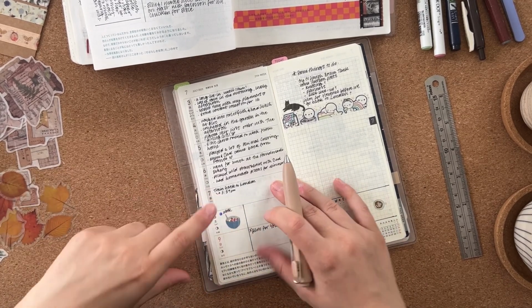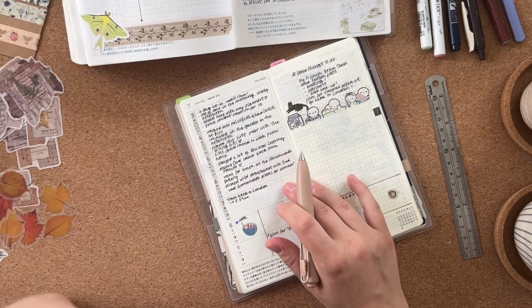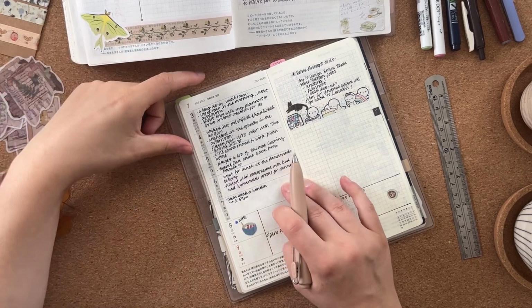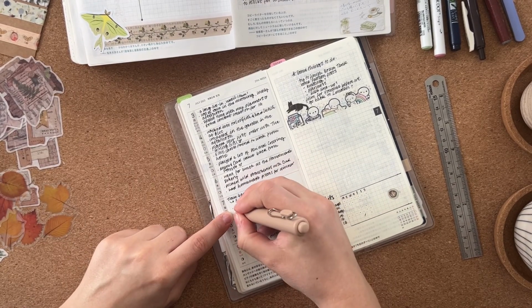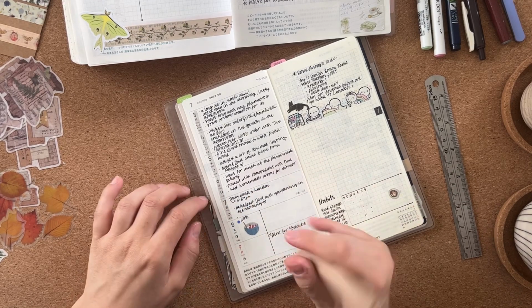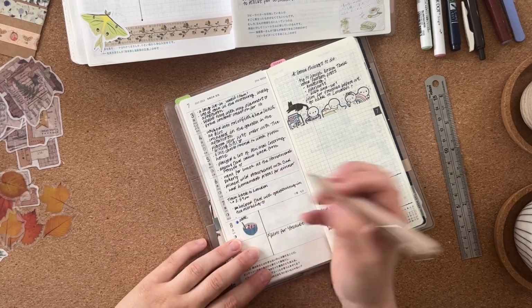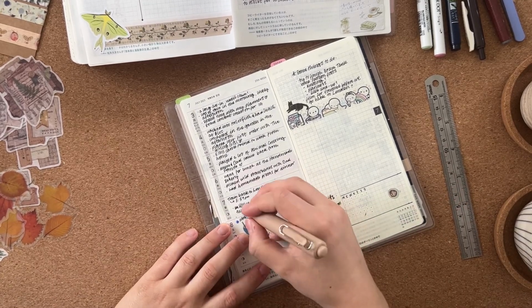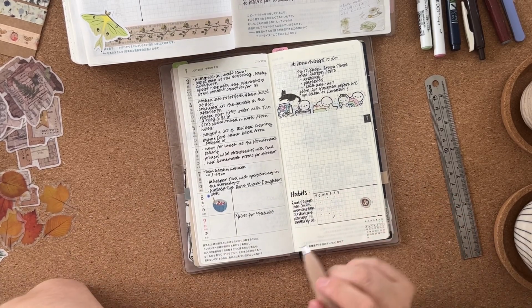So Friday I came back to London, sad. I didn't want to leave, it was so nice. But Friday morning I helped my dad in the garden with some gardening, so I'm going to write that. And I finished my book finally, which I felt like was taking me forever. I feel like it took me like 3 weeks to read this book, but I did finish it. I finished The Bone Shard Daughter. And then